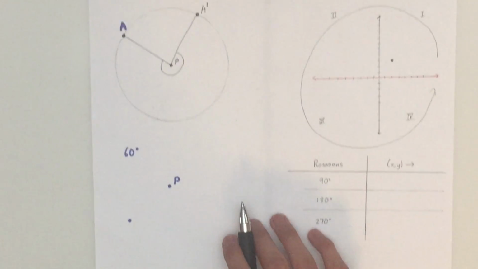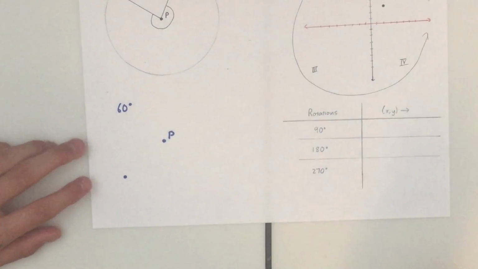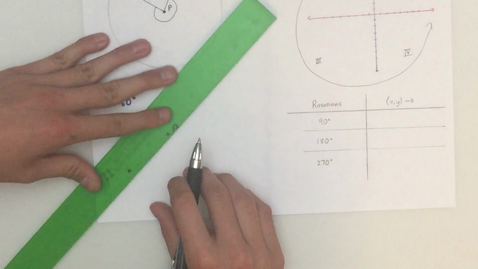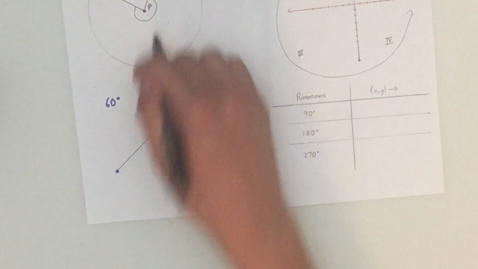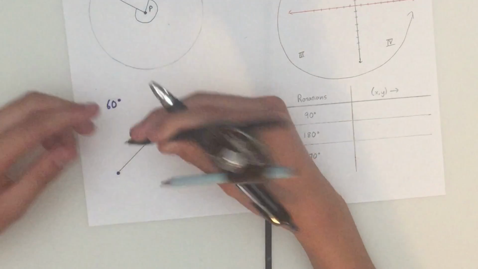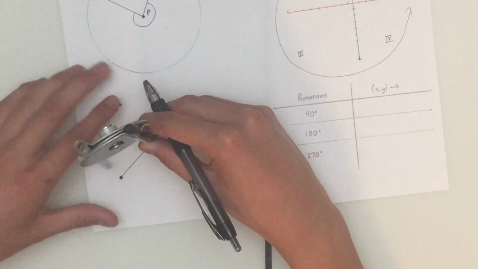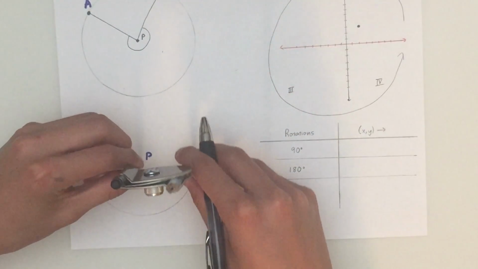So let's do an actual problem now. It asks us to rotate this point 60 degrees. Now remember, counterclockwise. To do this, you're going to need to use a protractor, because you need to measure out the angle. The first step is just drawing the segment between the pre-image and the center. Then, as I did up there, you have to find the distance from the center to the pre-image point. And then with the pin of the compass on the center of rotation, you're going to make a counterclockwise arc. Counterclockwise, for me, is going to be going this way around. So this is a counterclockwise arc,